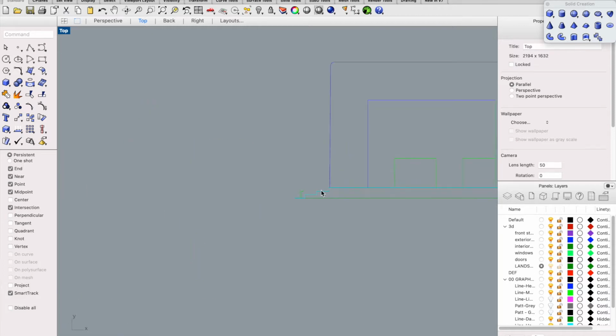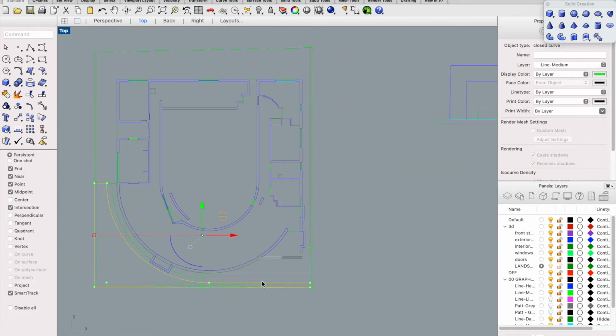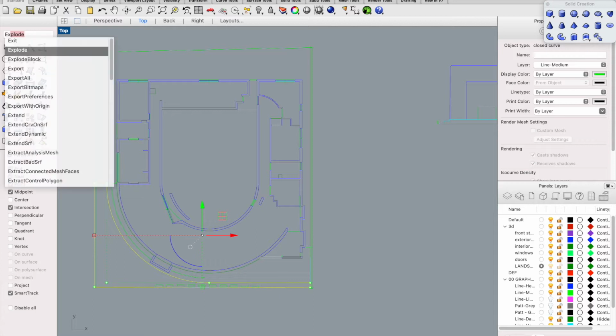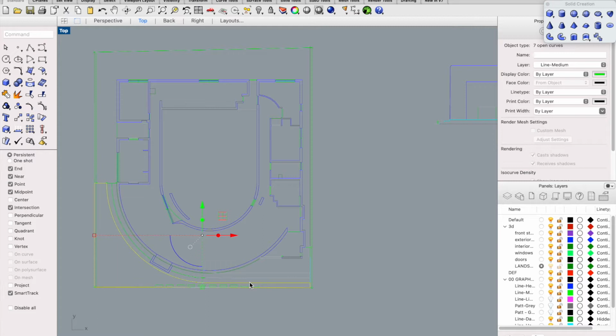So I'm going to use this profile right here, which is the front steps that we need to model. This is the second time through because the first one got lost, so let's explode. We want to make sure that this rail is joined so that it's one clean line. So now that we have that as a clean line, I'm going to copy this over